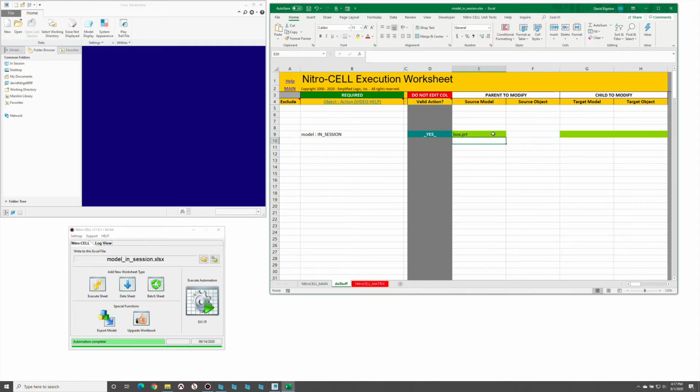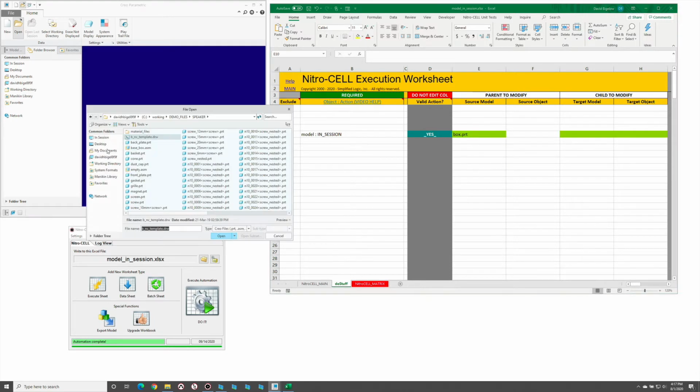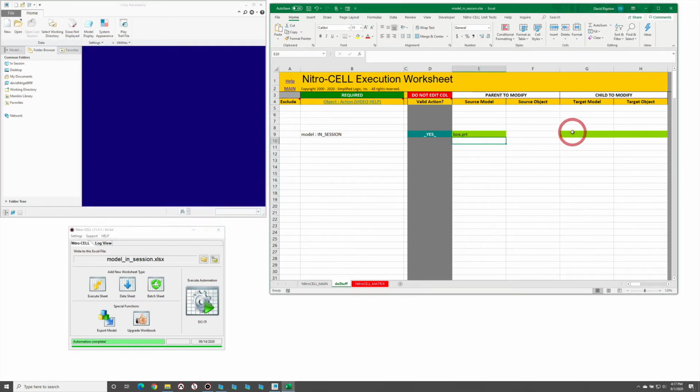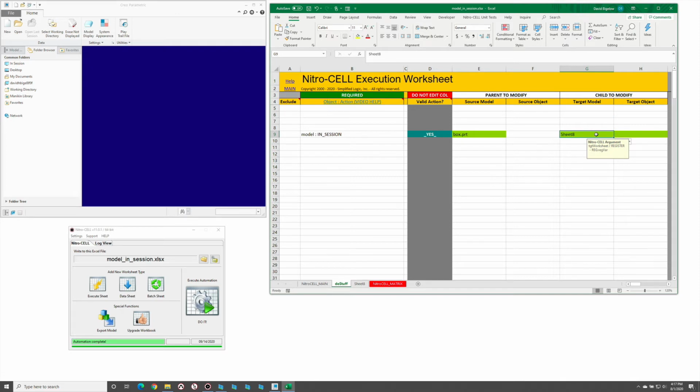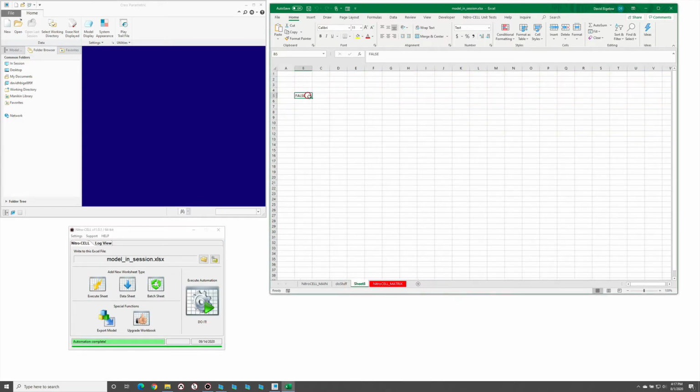So if I put in something like box.prt, and again, we don't have anything in session currently, it needs a place to write that to. So we're going to write that to sheet 8 in this case, and we'll write it to B5 for the cell that it's going to write to. When we run this and take a look at the result here,